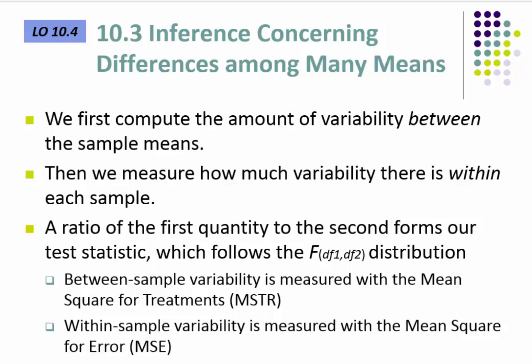So I'm going to let you think about that for a second, but I want to throw these terms out to you. So the between sample variability is measured with the mean square for treatments, MSTR. And this is an important distinction, right? That the MSTR, the mean square of treatments, so this is the variability between the various treatments, is one type of variability that we're interested